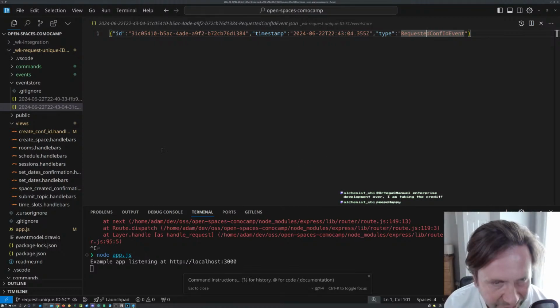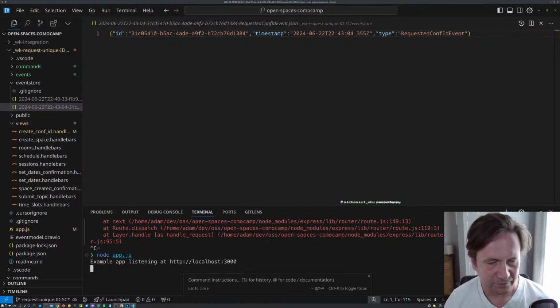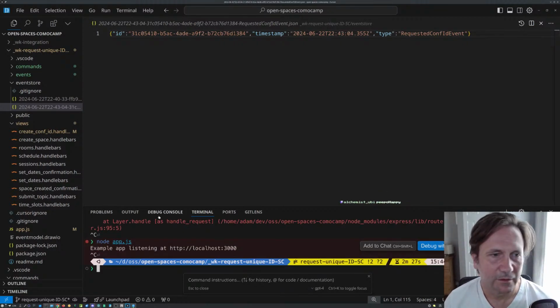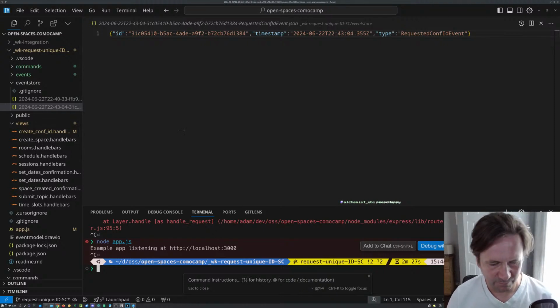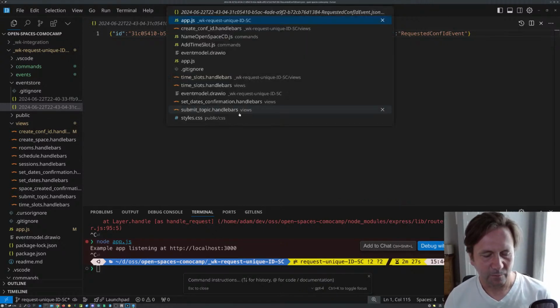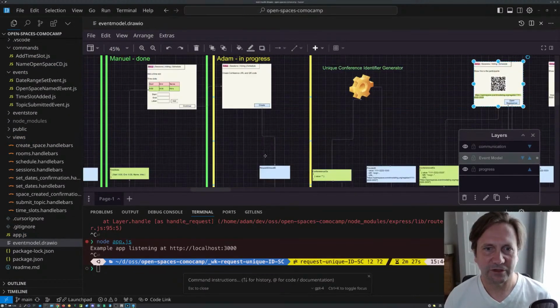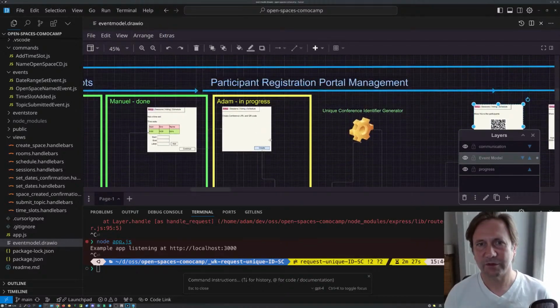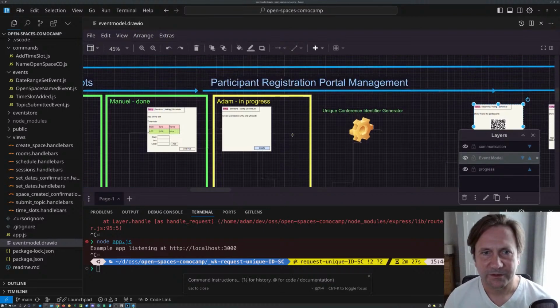Let's see if we can do that. Control C. But I think I want to be done with this slice because it is storing this. So that's one of the things that we want out of event modeling, is being able to say that, hey, we are actually finished with this part and we want to have the next part to be in progress. So let's